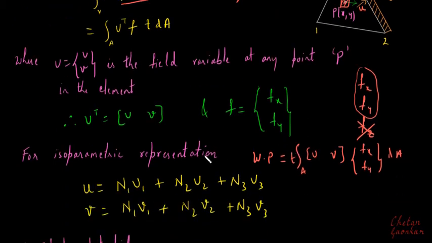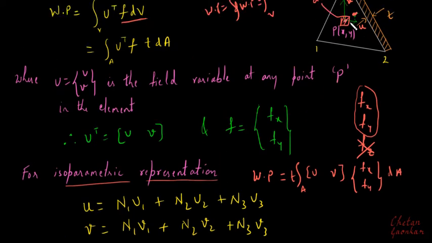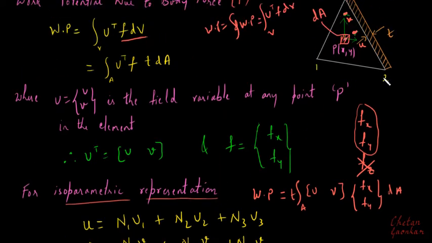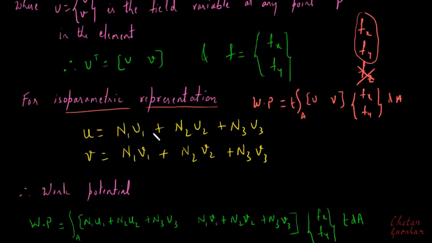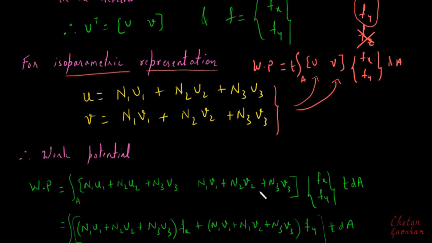Now further, I can use my isoparametric representation, that is, I can express the displacements at the point in terms of the nodal displacements using the interpolation function or shape function. That is why the isoparametric representation will be this. Further, I can substitute this expression for u and expression for v here, at these two places, and then finally I will get this. Of course, here I had brought the t outside, here I have still kept it inside, but nevertheless this is a constant term and I can always bring it outside.